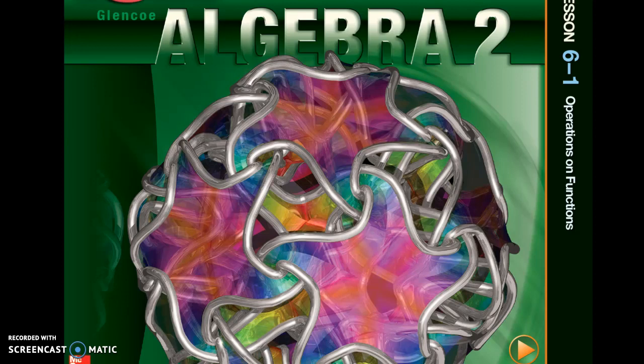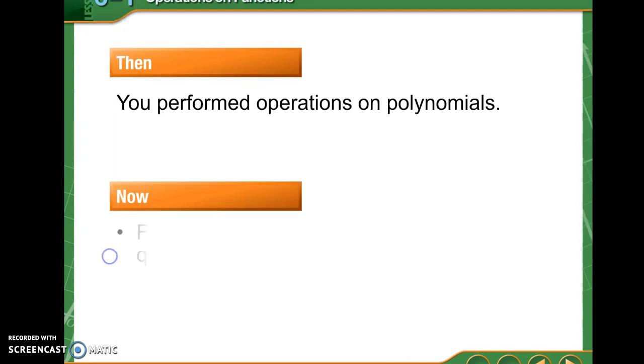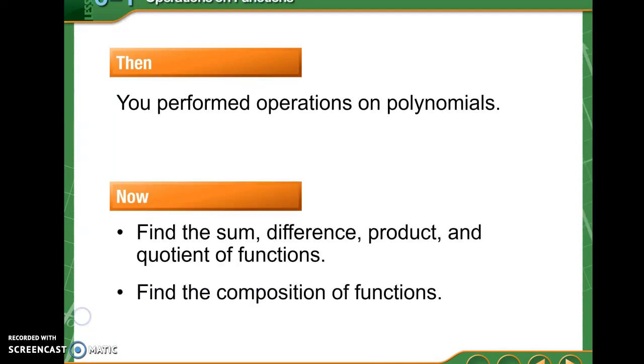Okay, today we're going to start our Unit 5, and it is our first goal, operations on functions, but this is just part 1. Tomorrow we will look at part 2, which is more operations with functions, but looking at the inverses. So we're going to look at basic operations, and then we're going to look at composition. So we'll look at the basic operations: add, subtract, multiply, divide, sum, difference, product, quotient, and then the composition of